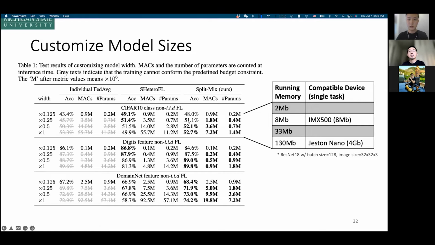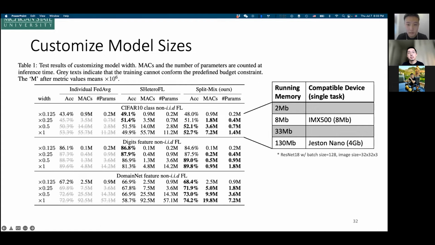In this experiment, we show that when we increase the model width, our method has better accuracy compared to smaller networks, while the baseline gradually reduces or barely increases the accuracy